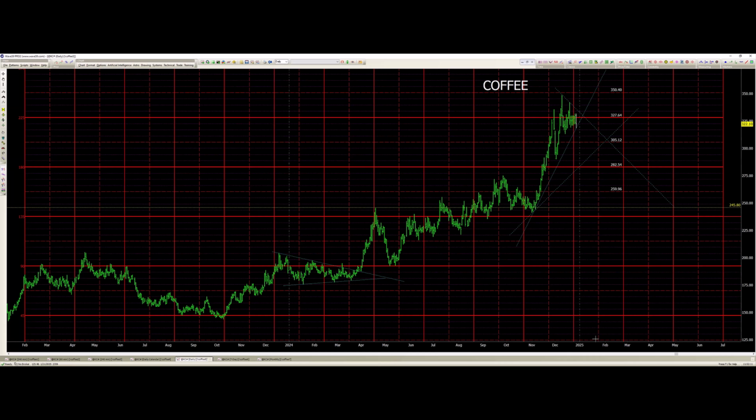High. So it's kind of where coffee was. I mean, cocoa was before it made that last push up to the high. It seems it's the stage before cocoa was when it was doing that. And we want to see if that triangle that's forming, the tight one, the smaller one,